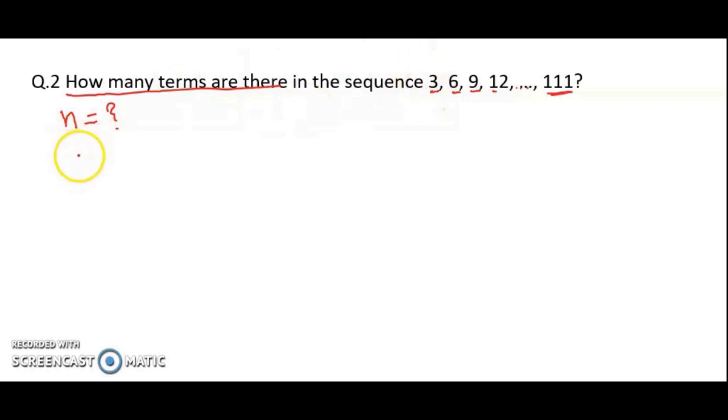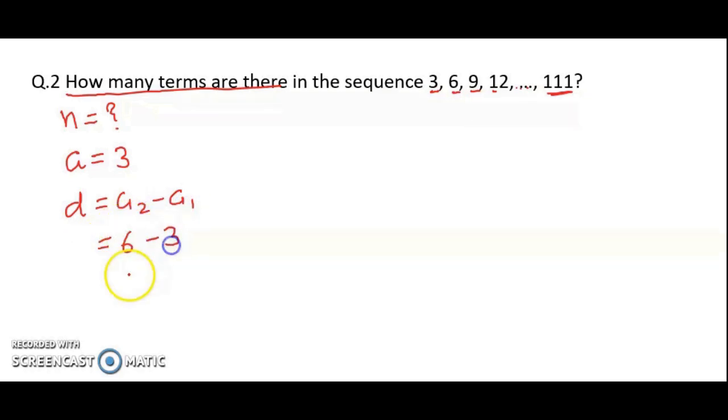The first term of the arithmetic progression is given, that is a equal to 3. The common difference we can find out by the formula a2 minus a1. a2 is the second term, that is 6, and a1, the first term, is 3. So we get the common difference 3. And the total number of terms we have to find out. The last term is 111. It means here an is given to us. An is 111. So now if you use the formula,